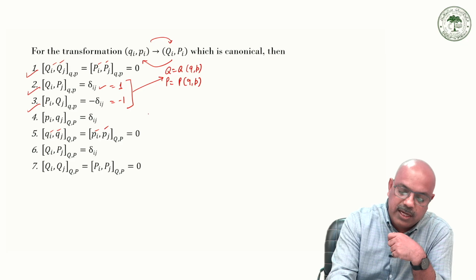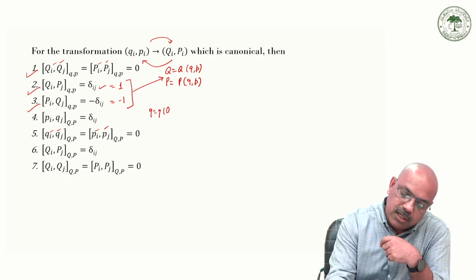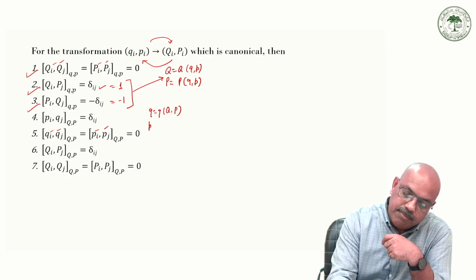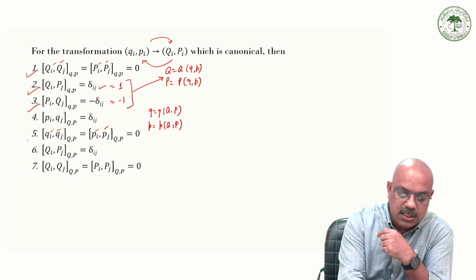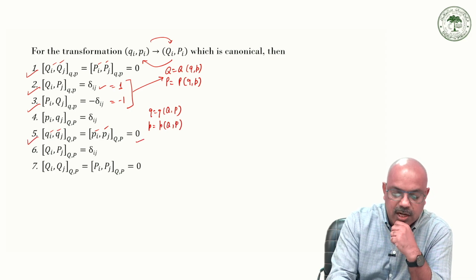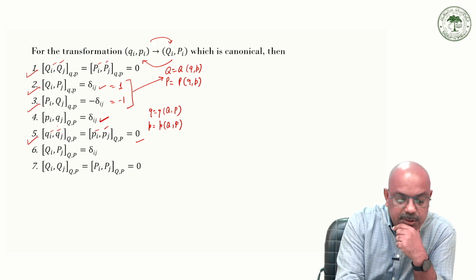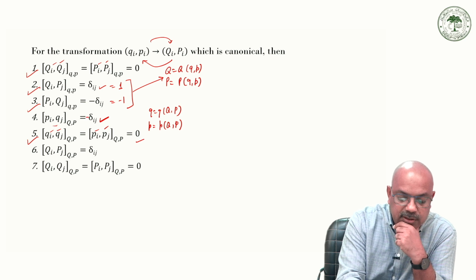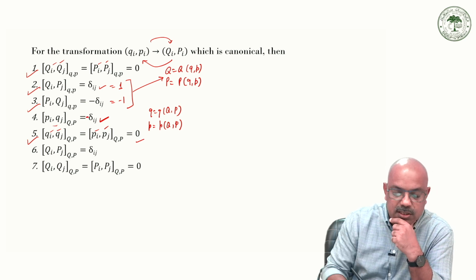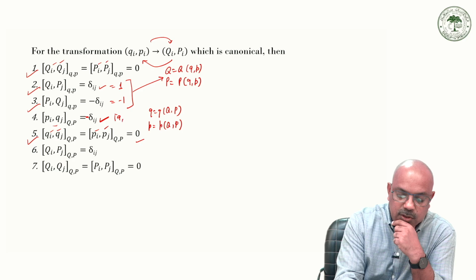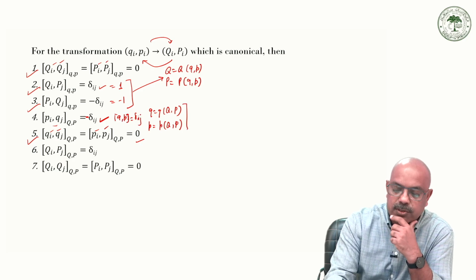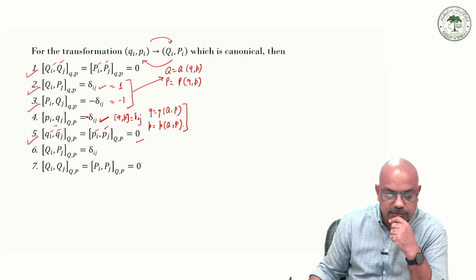Or if you have been given Q in terms of q and p, and P in terms of q and p, then you try to find out, because these were 0, either this [q,p] and [p,q], this is going to be negative here, and then you find [q,p], this is going to be delta ij. So if this is 1, then this transformation is going to be the canonical transformation. Okay,